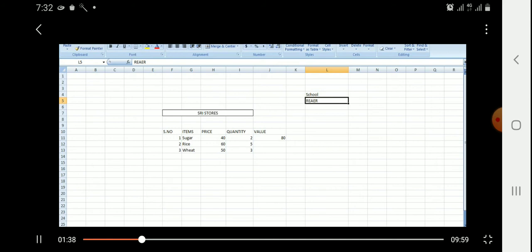So we have to correct the spelling of reader. You can do it by pressing the F2 key, and you can do the corrections there.